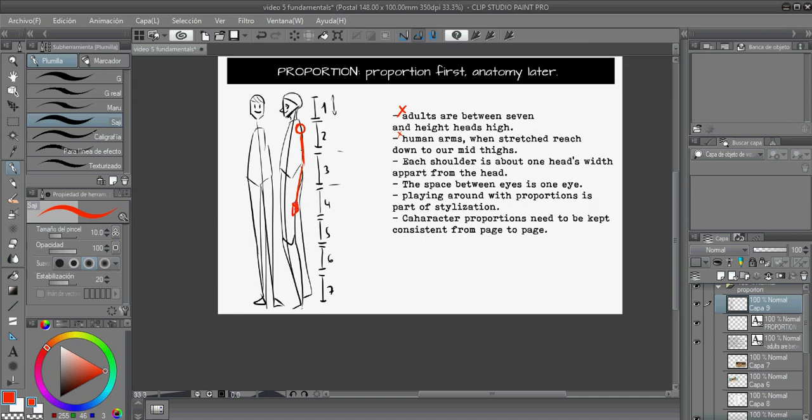And this is something you always have to keep in mind. Let's do it again with this guy. That's where it goes, and that's where it goes. Proportions are slightly altered depending on the individual, and they slightly change depending on men or women because, you know, we're slightly different. But whenever you're moving these parts of the body, you always have to keep this proportion, because